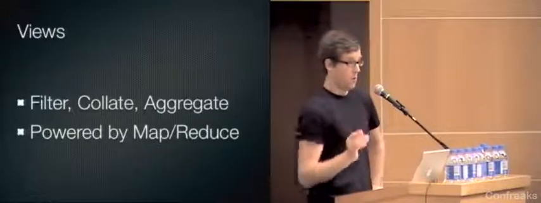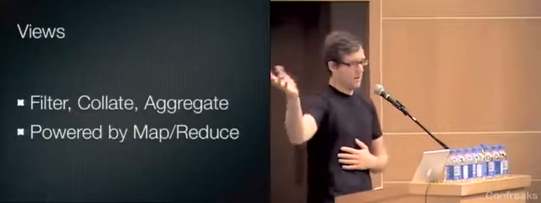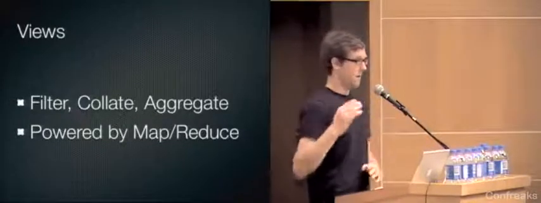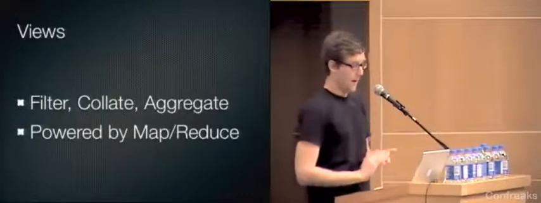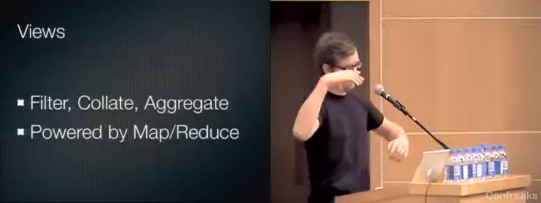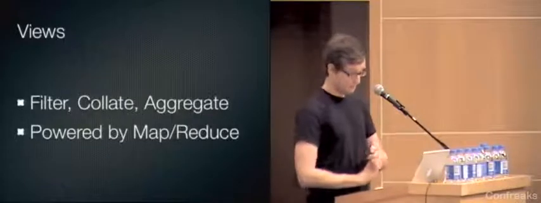The power of a database is usually that you can do calculations on a set of your data that you have in there, that you can manipulate them, sorting and all these. And that is what views are for. With views, you can define subsets of your data, get all the things that have certain attributes. You can do collation: if you need a certain order of things in your application, you can have views do that. And you can do aggregation, that is, make calculations based on the data that is in the documents, make counts, averages, everything you need there.